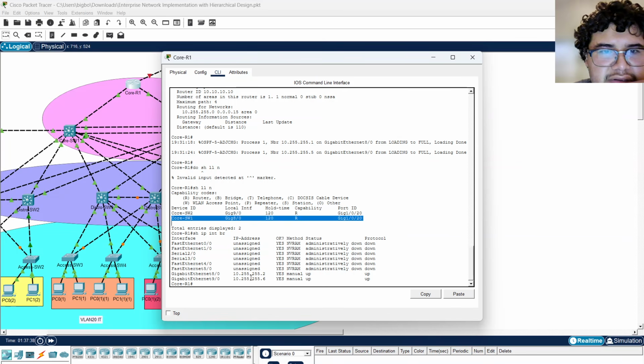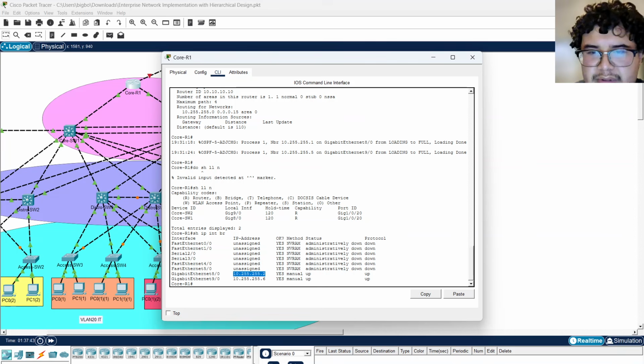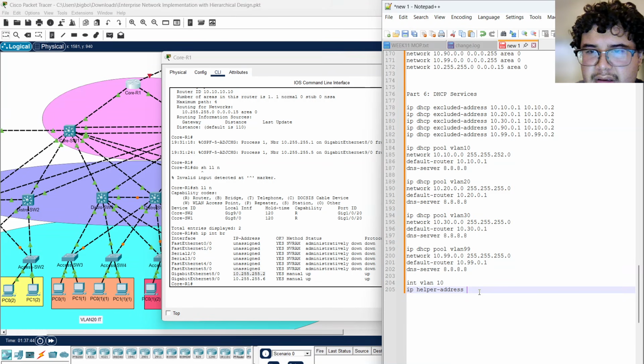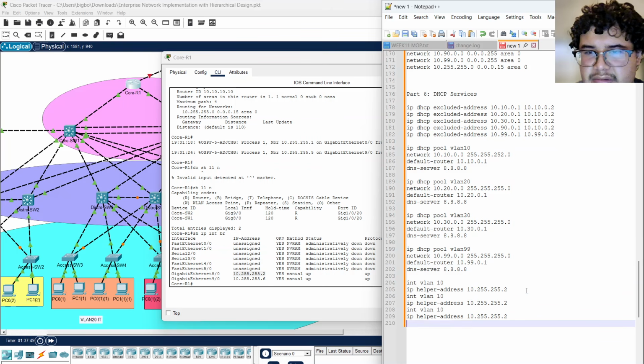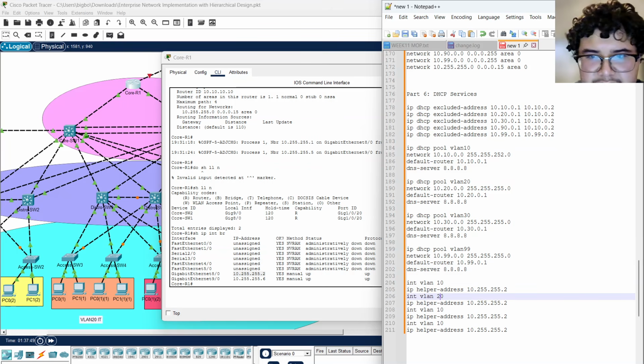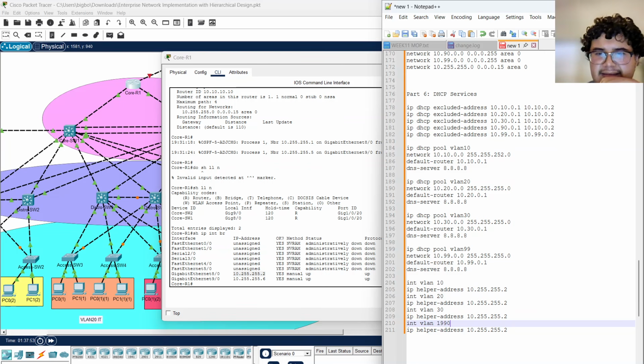Core switch 1. This one. Do that. Do the same thing. Copy. So this is 20, 30, 90. Since we did 99 statically,